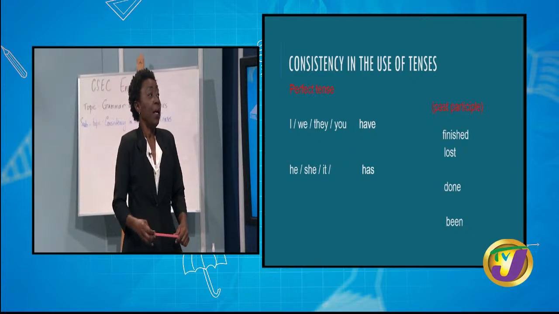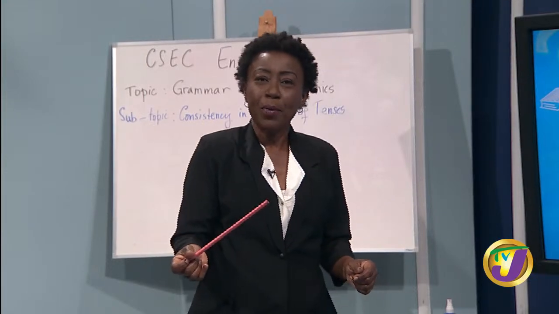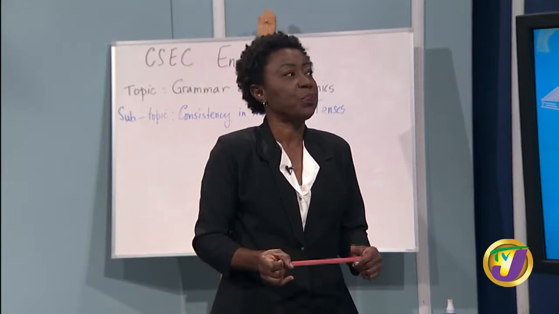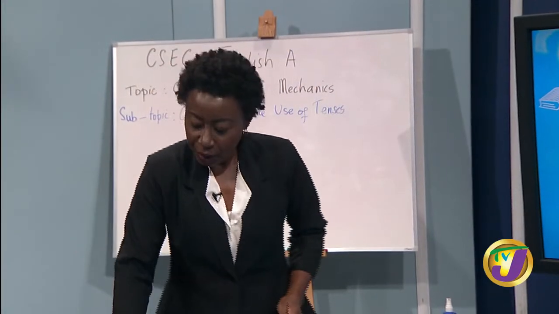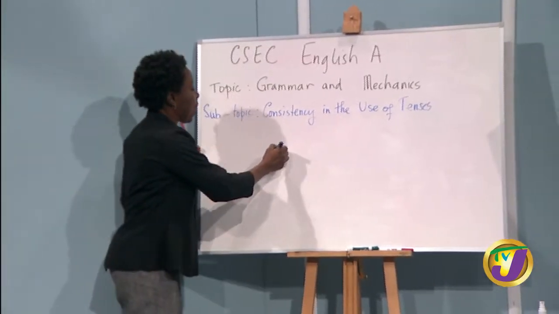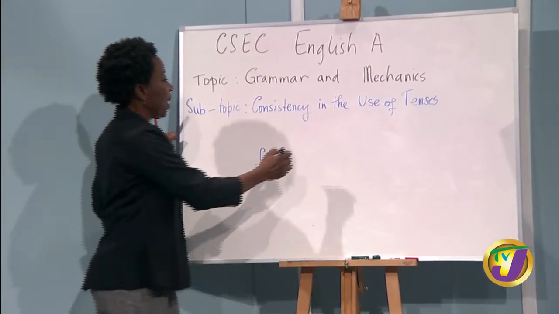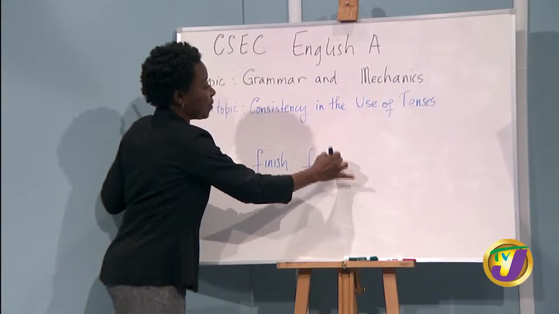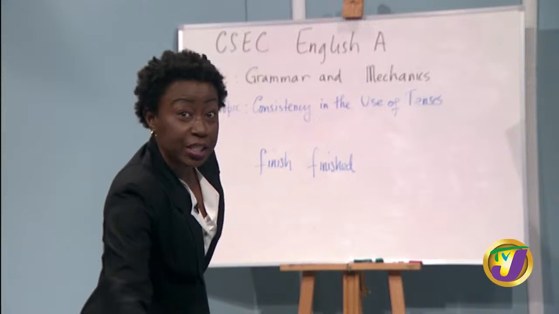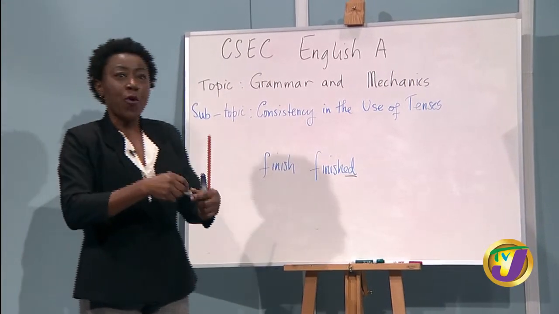Okay, so the present tense plus the past participle form of a verb becomes the perfect tense, the present perfect tense. So let us say we have finished. So finished is an action word. So you have finish, F-I-N-I-S-H, finish, present tense, finished, F-I-N-I-S-H-E-D. Okay, so we have now the ed at the end. And you know what that signifies, right? Okay, it's a regular verb.